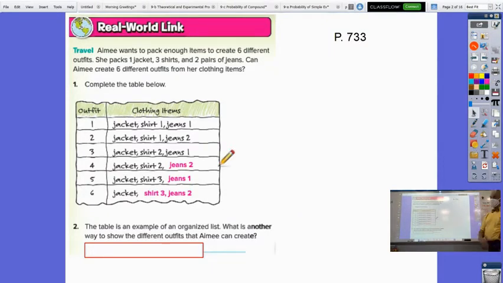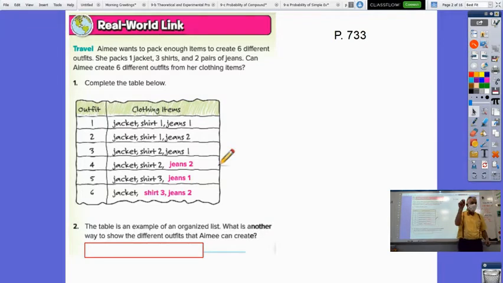How many different outfits are there? There are 6 of them. This is called an organized list, right? Just kind of trying to go through the list and alternating the things. There's other ways to figure out this list of possible outfits. And one of them that kind of makes it a little bit easier, although it's maybe more work, is by